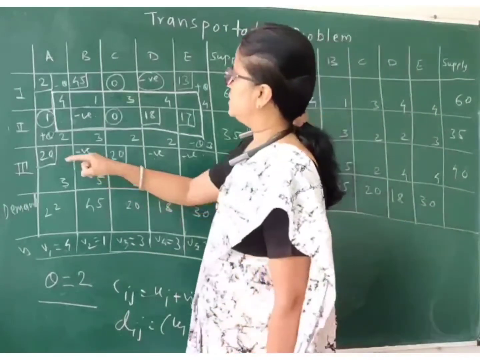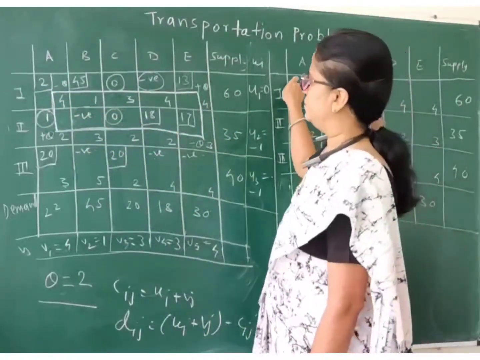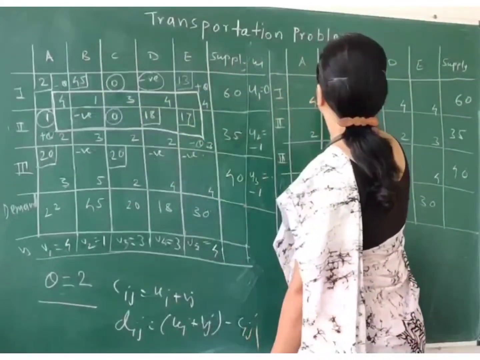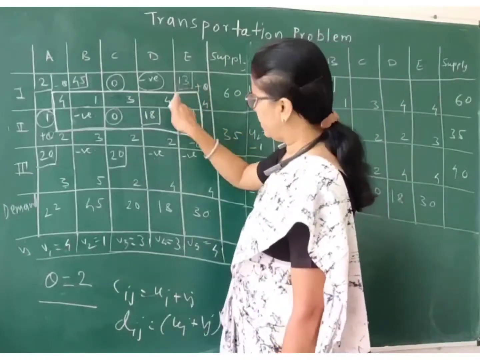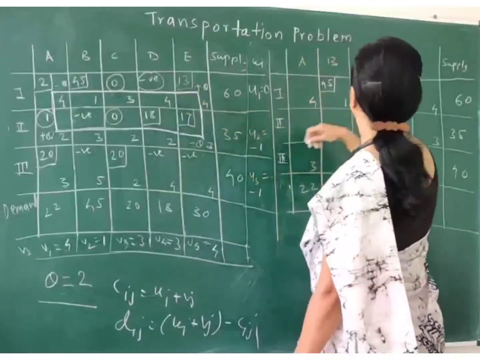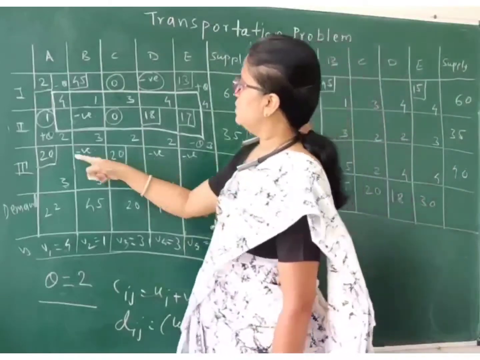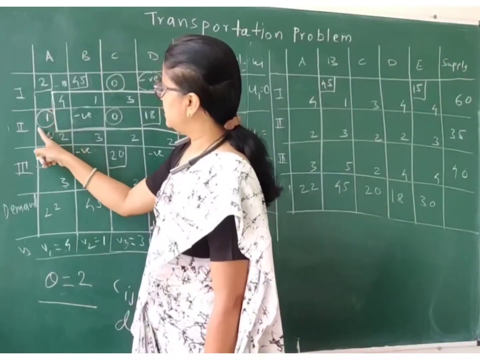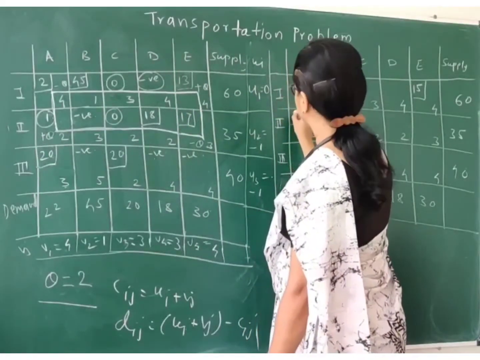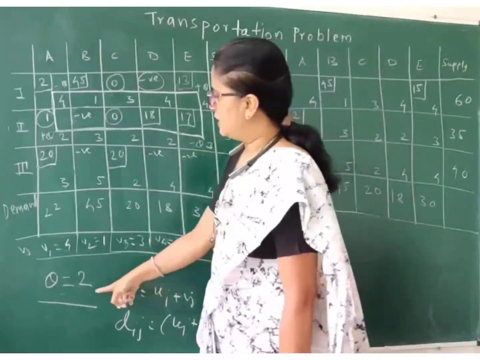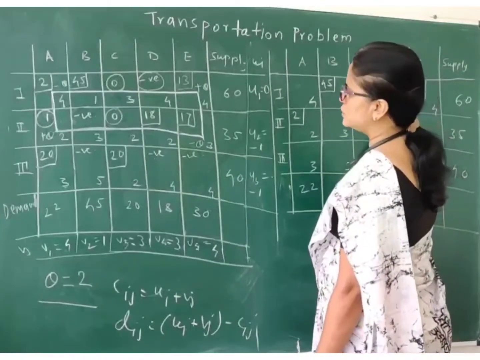Okay. Now, since I have minus theta over here, the occupied state becomes now an unoccupied state. So this 45 as it is. Then since over here plus theta is there, 13 plus theta is 13 plus 2, I have 15 over here. So for this cell I have 15. Now since this is plus theta and I don't have an occupied state over here, it must now be occupied with the value of theta, and that is 2. Now this is 18 as it is. So this is for the D cell.